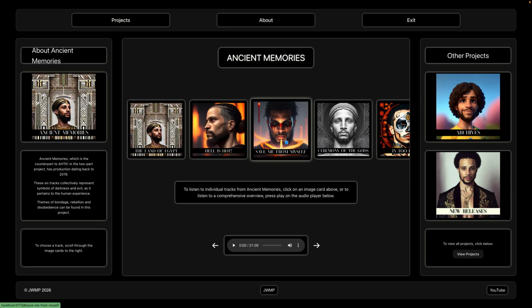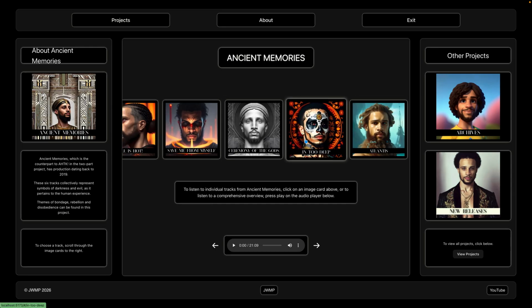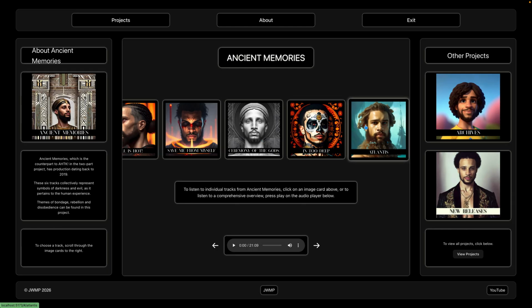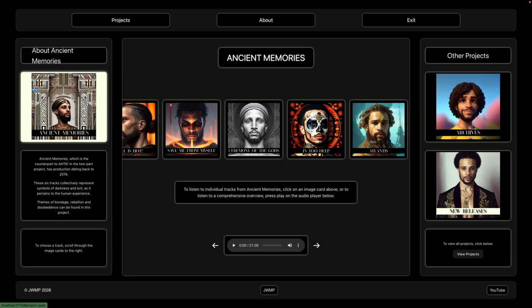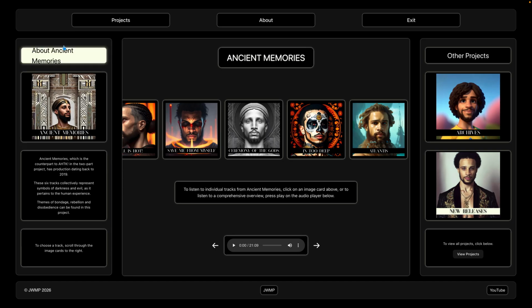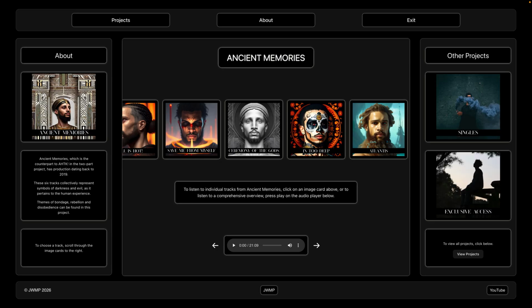So, well, since we're here, let's just go ahead and click into, we'll go to Ceremony of the Gods. How about that? So I've got to change that one too. Let's go ahead and do that right now. Cool. So this is the project page, right? We went from start to the dashboard to the project page. When you click on this,